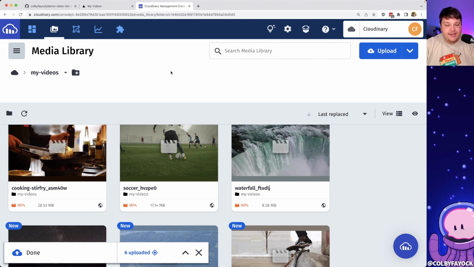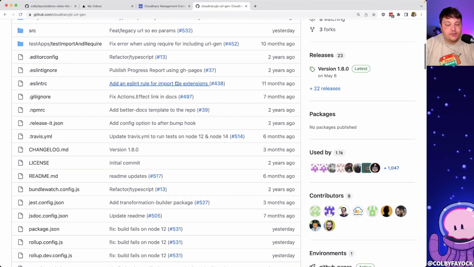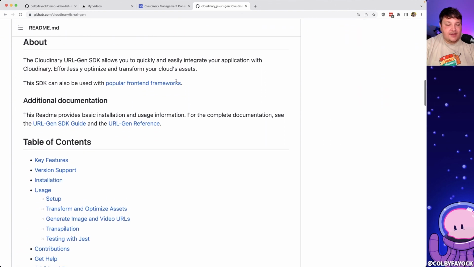But we have all of our media inside of Cloudinary. Let's actually set up our account so we can use it. In order to actually build out our Cloudinary integration, we're going to use the URL Gen SDK. And if I scroll down here, we can see that this is going to be a client-side library that we can use,